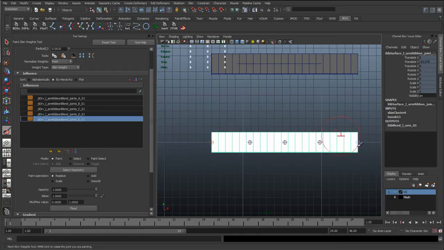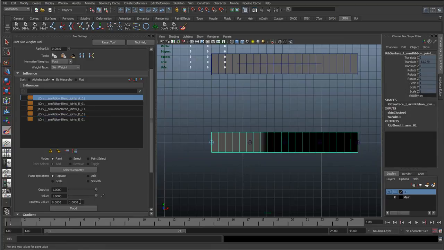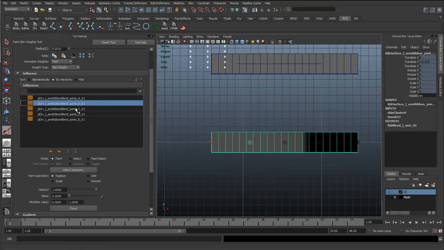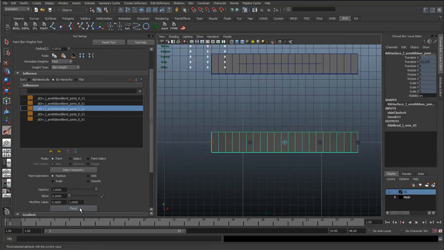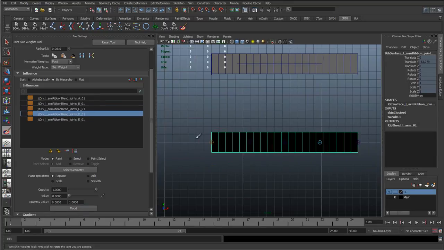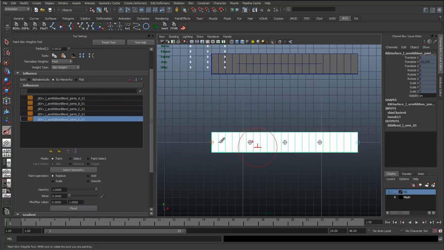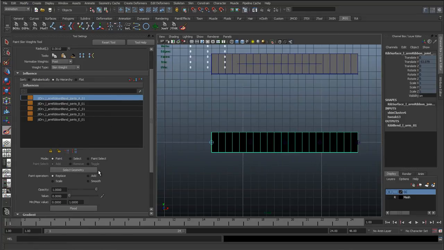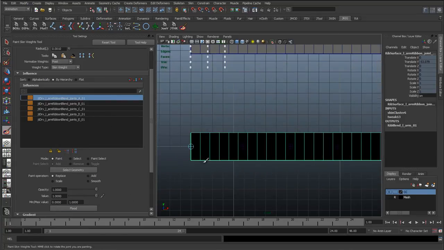And then once we've done these joints, we can edit the last one. So I'll start with A, flood it with a value of 0, and do the same for B, C and D. And we're not getting any snapping because the last one has 1 over everything. Now we can just go in and start painting these. So value of 1, I'm going to paint that in there, and holding shift to smooth it. Go to the next one,